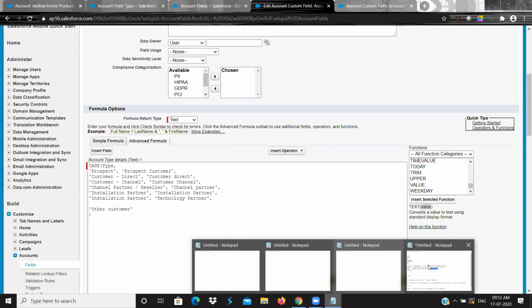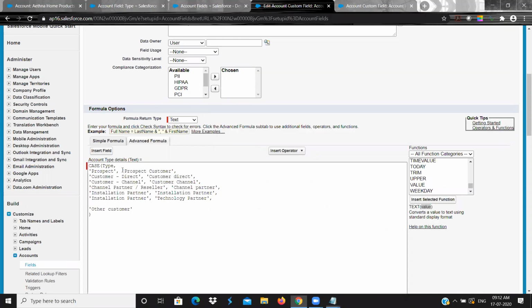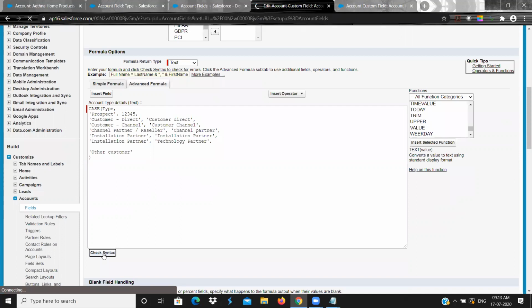See, sometimes what happens is they wanted to display some number. For example, they wanted to display number 1, 2, 3, 4, 5. Just I'm saying, if you try to save this, check syntax.